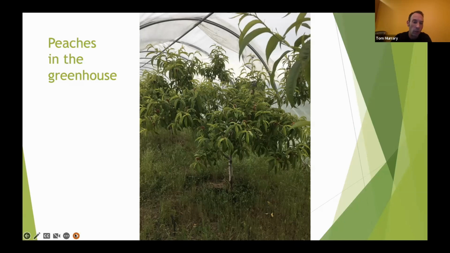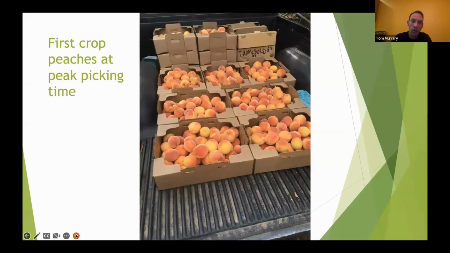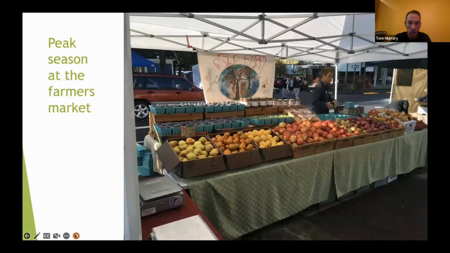If we go to the next slide, very proud of this. My first real peach crop came out of the greenhouses this year, and the trees came through great this season. Fruit quality was excellent, again, with very minimal inputs. And that's what I'm so excited about this. I would have never done peaches before outside just because the inputs required, particularly in our climate zone, are so challenging. So I think that kind of takes me to the end of my presentation here.